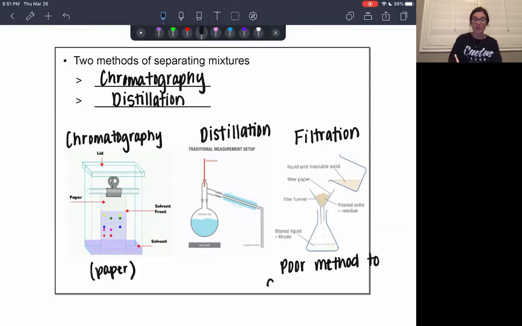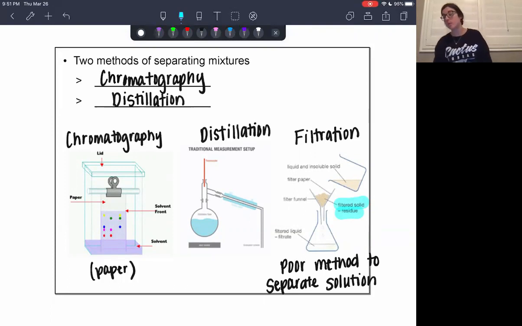In fact, it doesn't actually separate components of a solution because filtration depends on having a solid residue. So I'm going to highlight this term right here, a filtered solid residue. So filtration works really well for, an example would be water that has some sand or some dirt in it. If you're trying to mine gold and you've ever done that fool's gold mining activity, you can filter out those solid pieces from your solution or your mixture, and it'll get caught on that either filter paper